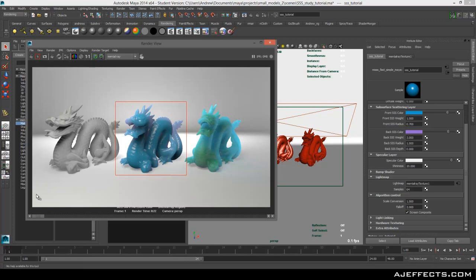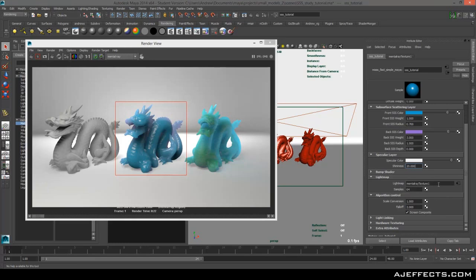And that's looking pretty convincing. I'm really liking that effect, and it's looking really nice. Now that's our light map. This is where the subsurface lighting information is plugged in, so we can get this effect. And the number of samples is